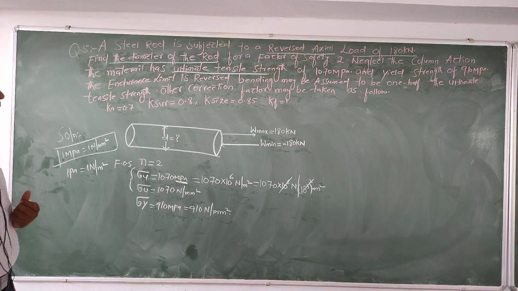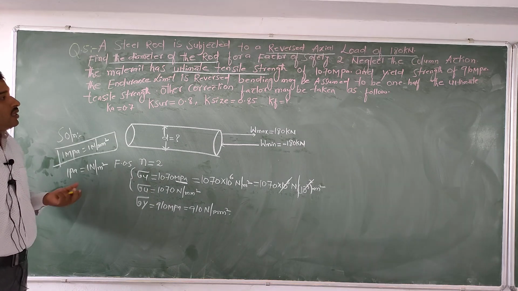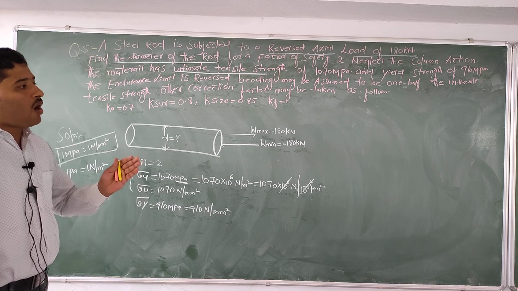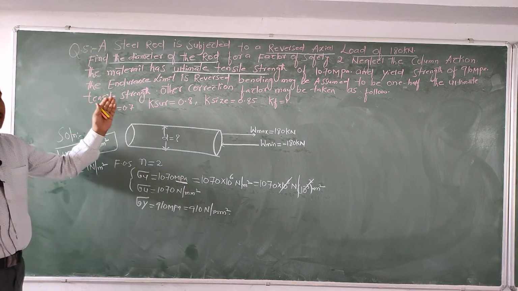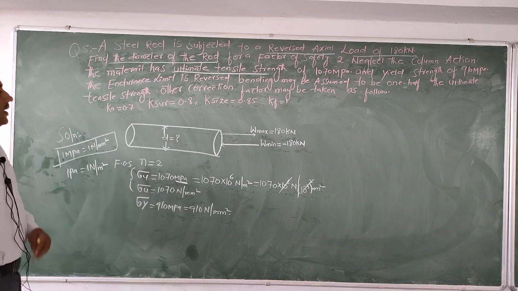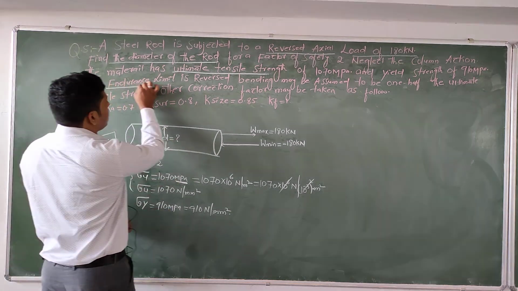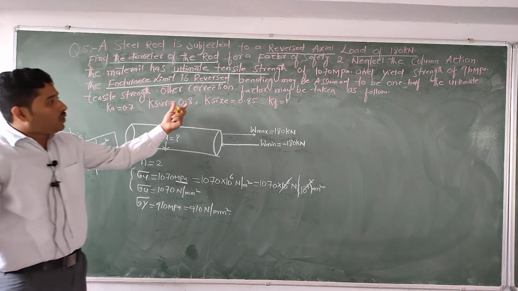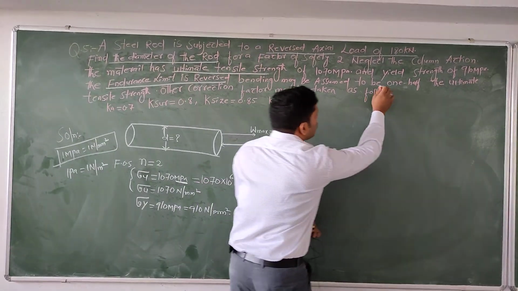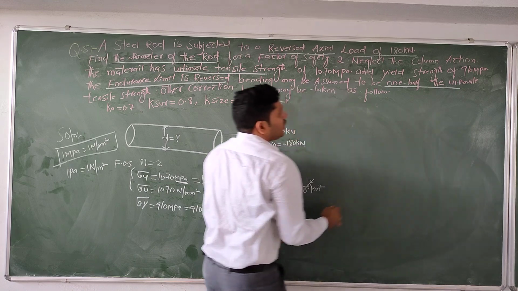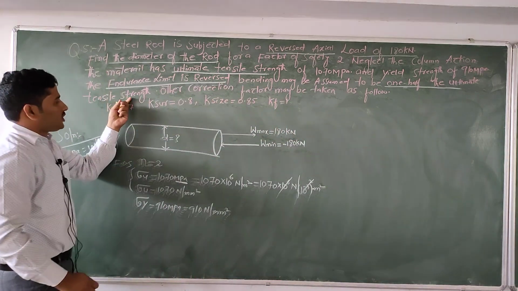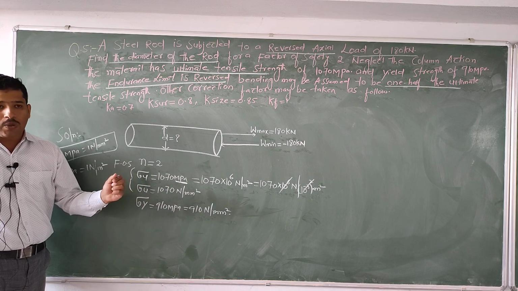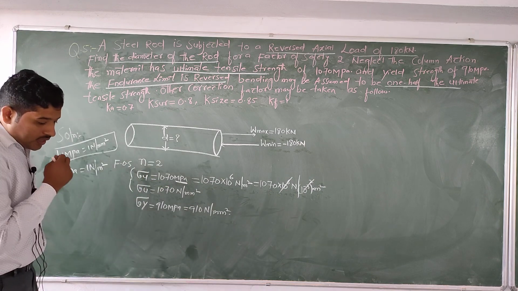Is it right? And then the endurance limit in reverse bending may be assumed to be 1/2 of the ultimate tensile strength. So here in this case the endurance limit of the material sigma E equals, we need to assume 1/2 of the ultimate tensile strength. Here ultimate tensile strength, how much is given? 1070 by half you need to consider here.